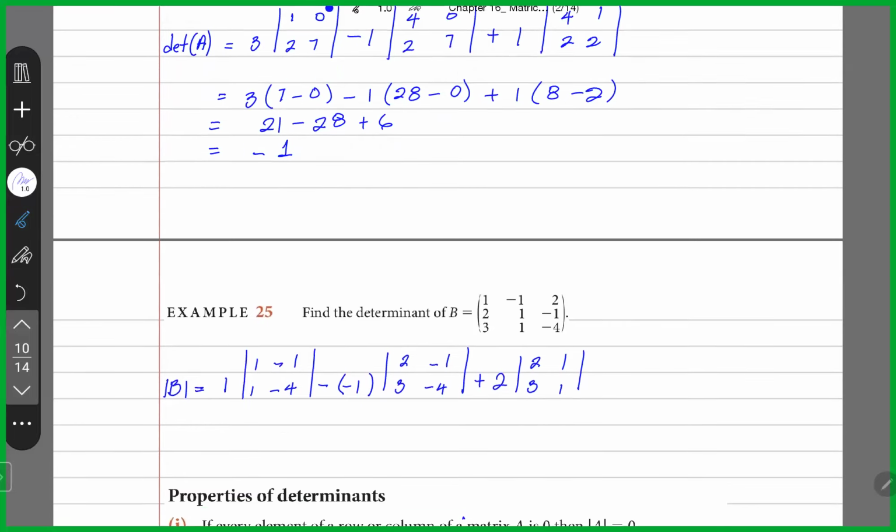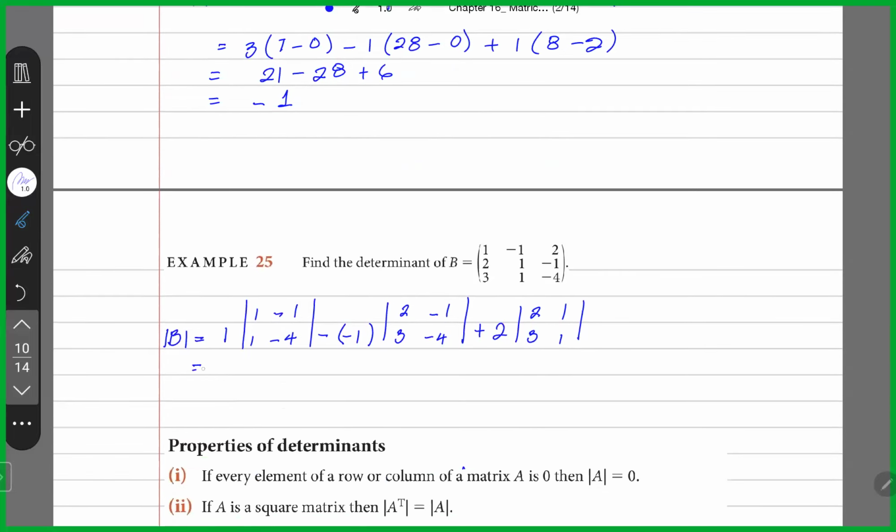So this becomes 1 times minus 4 minus minus 1. A negative times a negative is a positive 1, minus 1 times minus 8 minus minus 3,